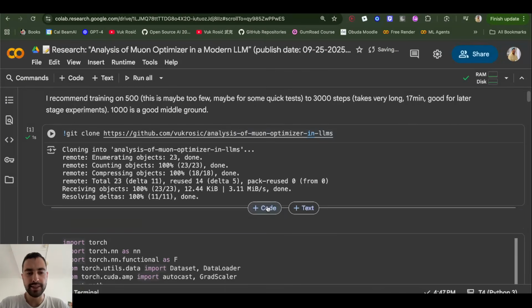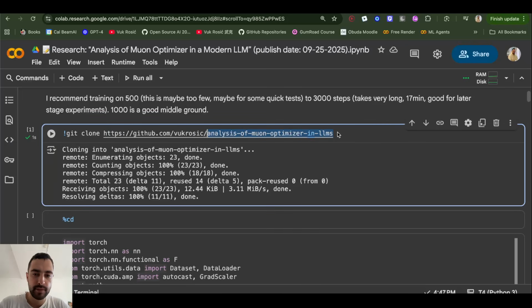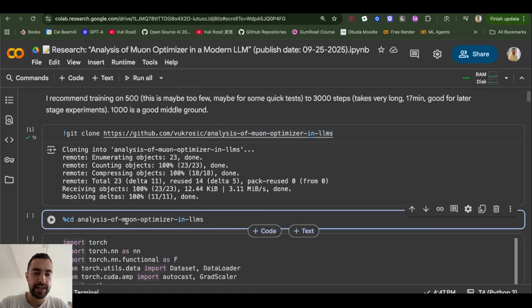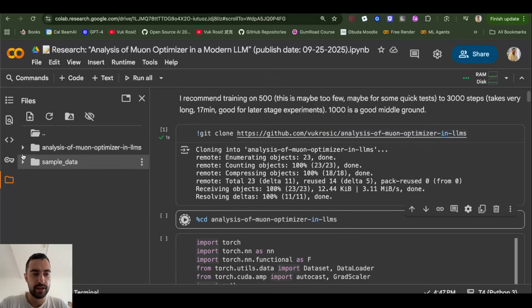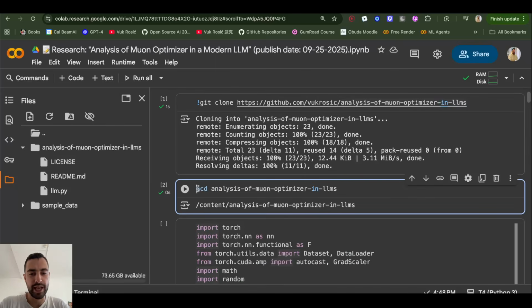Then a new code cell, I need to put a %cd and then this name, because this is now the folder in which we need to enter. So if we go here, you see, this is our new folder, so we need to enter this. So now we entered it